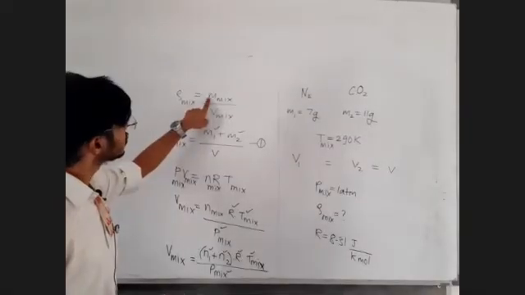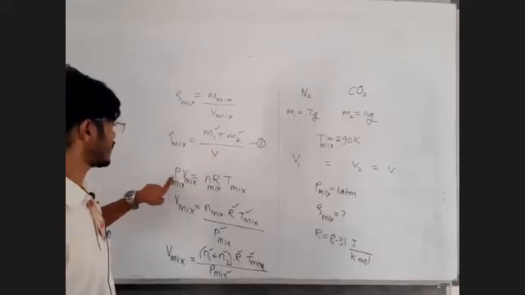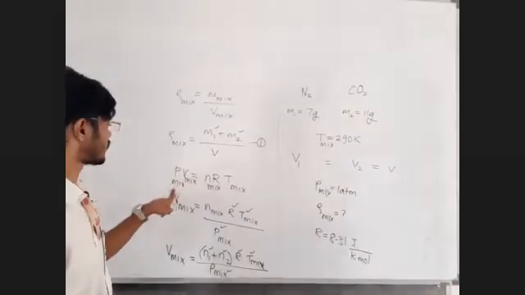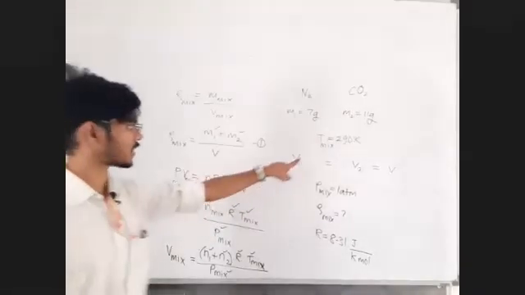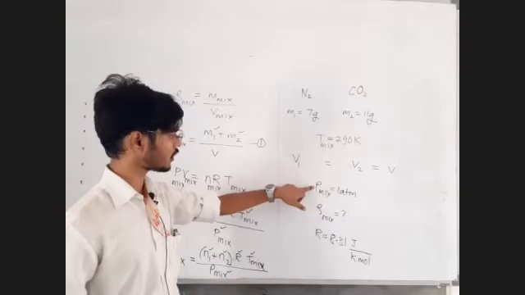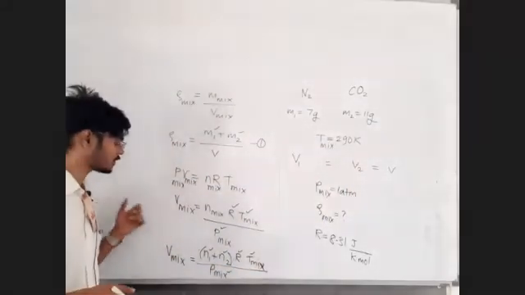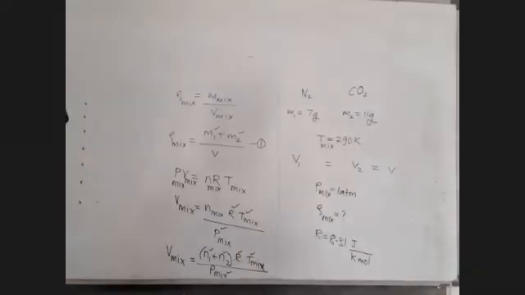So I don't know the mass of the mixture, so I will write m1 plus m2. I don't know the volume of the mixture, so I will write PV equal to nRT law for the mixture. Fine, because I can see that from the data I am given the temperature of the mixture and pressure of the mixture, and I want the volume of the mixture. So that's not a big task. We can do that very easily. Fine, now we know the volume of the mixture.